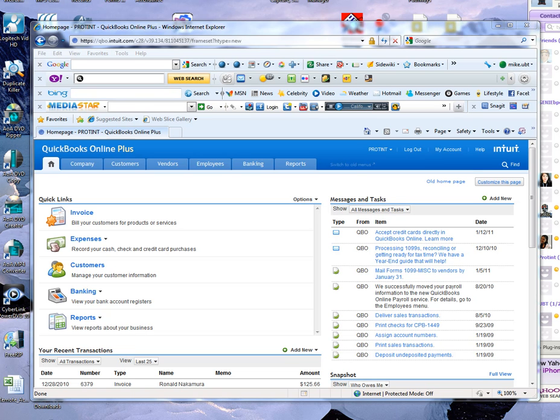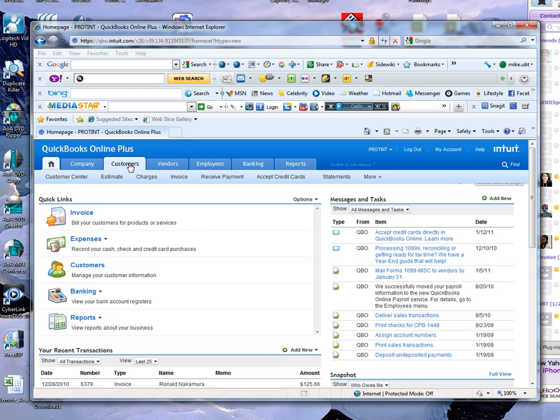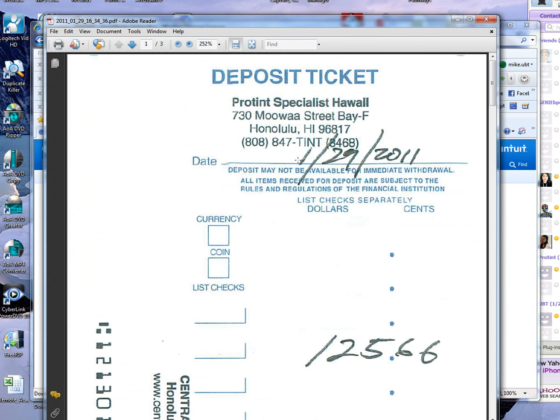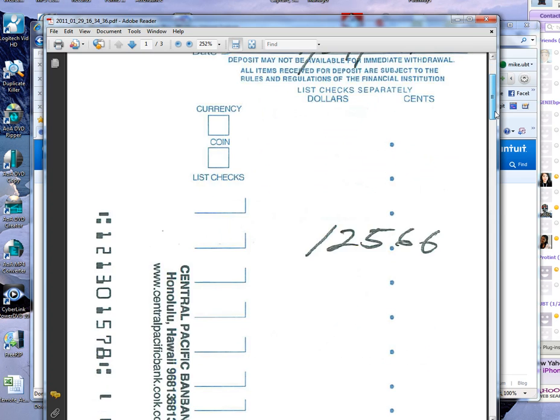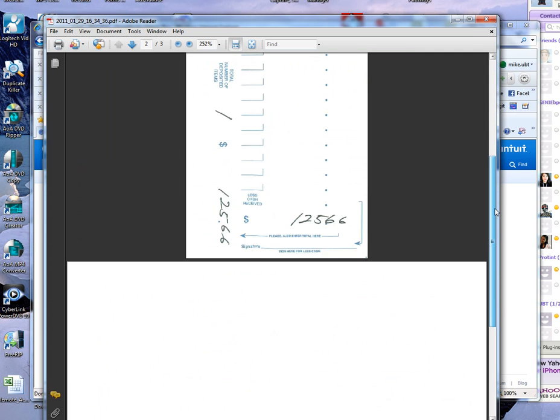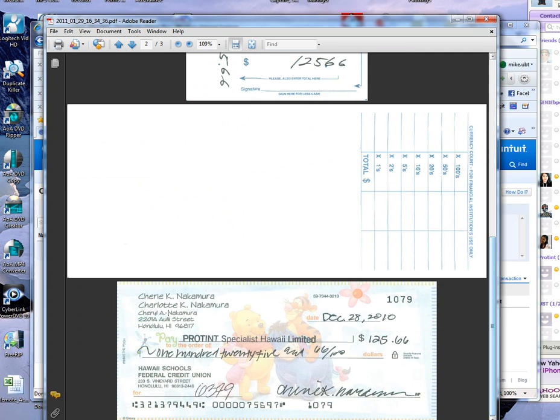Okay, this SOP is in regards to processing the deposits into QuickBooks. As you can see here, we have to make sure that we're on QuickBooks Online. The company is PROTINT. What we're going to do is go into the Customers tab here. The deposit that we're doing is this here, which is January 29 for 125.66, and it's applied to Sherry Nakamura